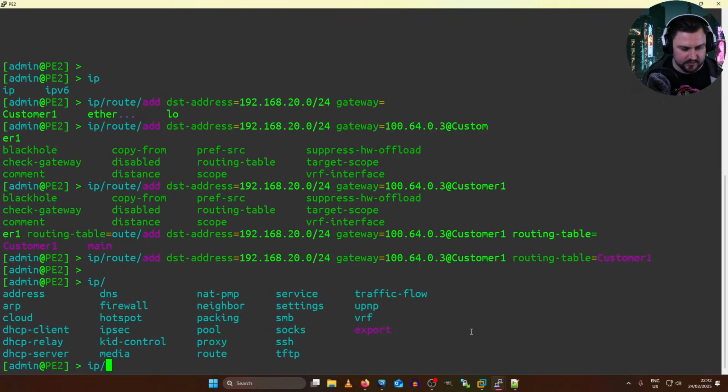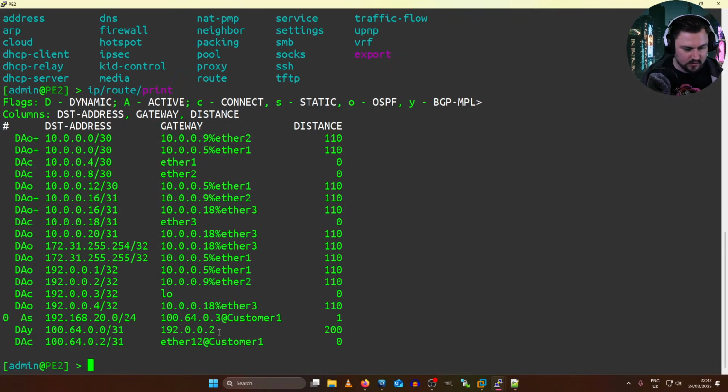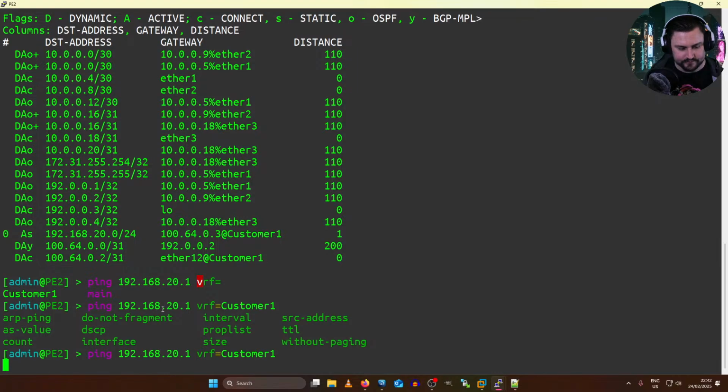And if I look at my IP route print, I can see I am learning 20. So technically from the provider edge 2, I should be able to ping 192.168.20.1 from the customer VRF.